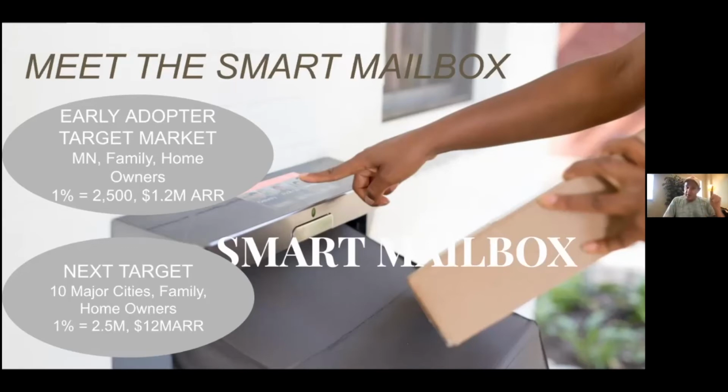Now that's step one. Then what we're going to do is take that same demographic, that same target segment, and go after 10 other cities. And I have a list of them. In year two, that's $12 million ARR. We're only wanting to capture 1% of those 10 cities, so we don't have to capture a lot. And by the way, we're going to be in year two making 12 million. Now there is a very narrow, specific, reasoned out market segmentation.